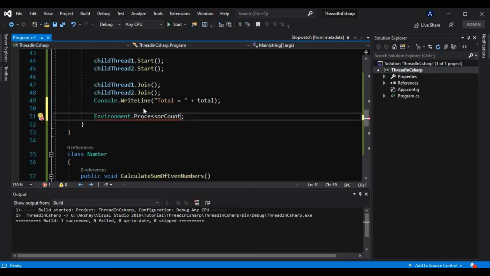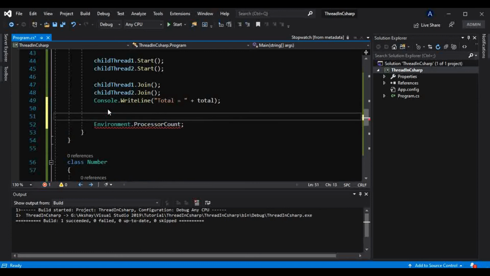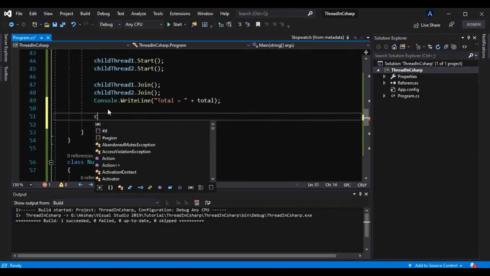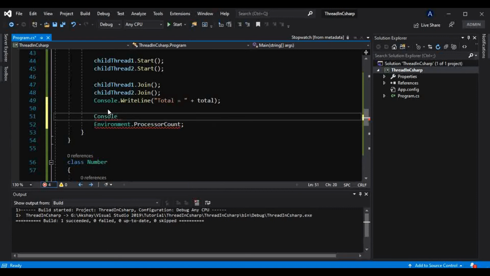Okay, and I will print that onto the console. Console.WriteLine "Number of processors on this machine",